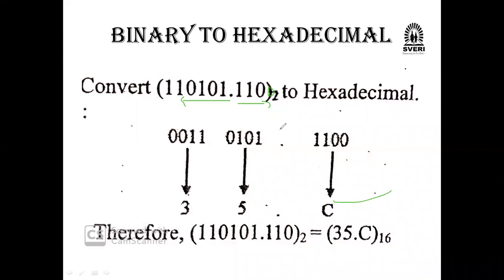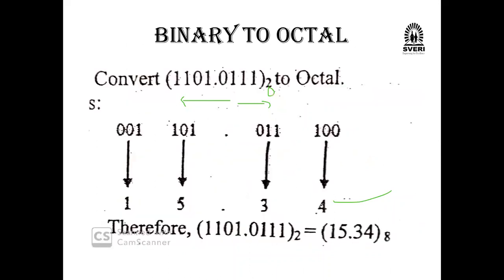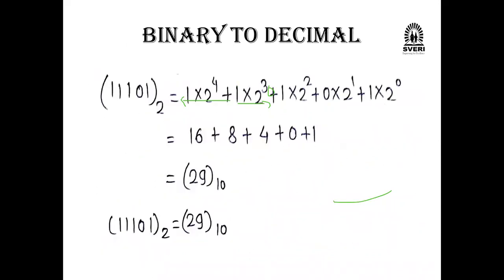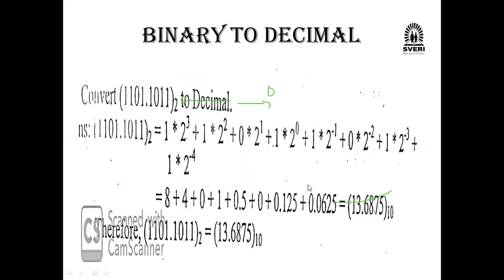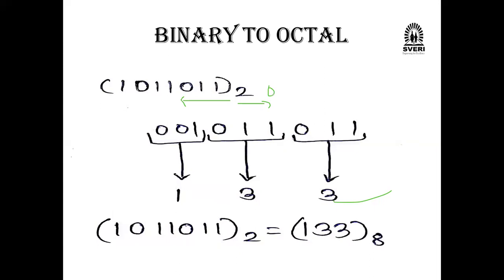Yes, sir. So that is the thing we have to discuss here now. Hexadecimal is over now. Binary to decimal is different. How did we do binary to decimal? We used 2 to the power, remember? Binary to decimal, 2 to the power of 4 3 2 1 0, like that we have used. But for binary to octal, we are considering 3-digit bits, and for hexadecimal we are considering 4 bits. Is it clear?